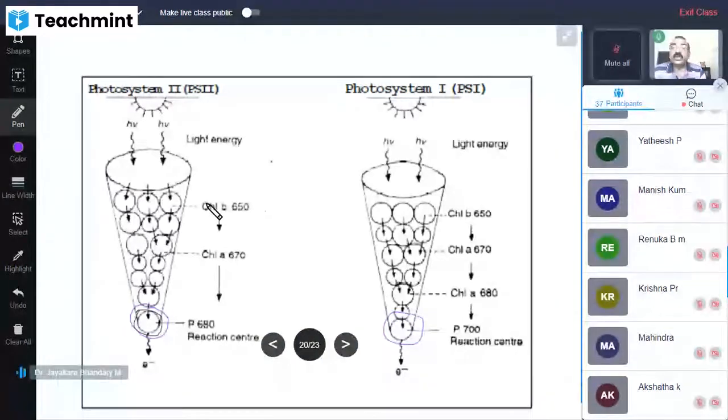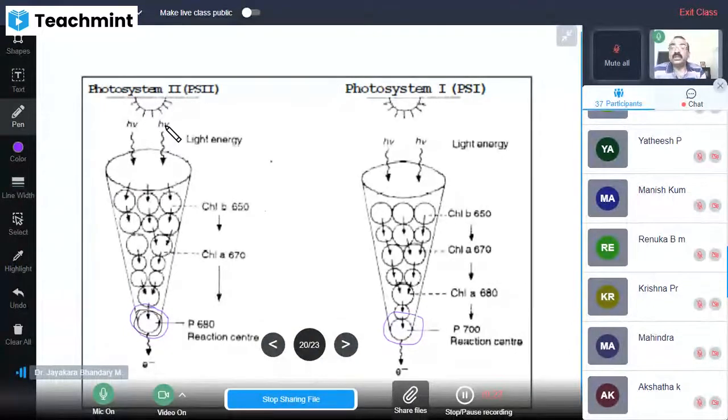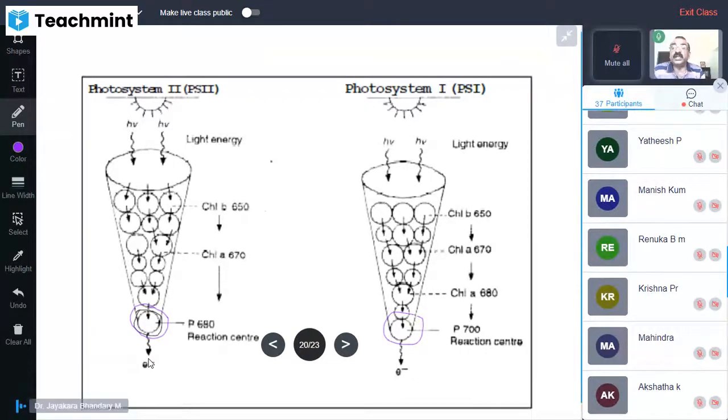So together, this group of pigments make a photosystem. So what actually they do is when sunlight falls on this group of pigments, that is photosystem, all these accessory pigments absorb light, and this absorbed energy is transferred finally to this chlorophyll A molecule, which is the reaction center. Okay. So this chlorophyll A molecule, that is the reaction center, receives light from all these accessory pigments, and then it directly takes part in the other reactions of the light reaction, light phase.